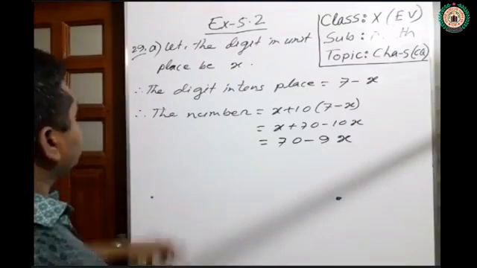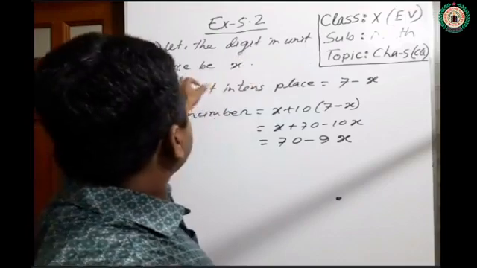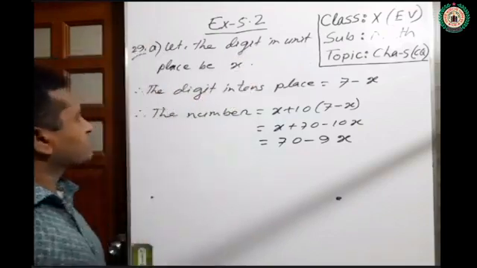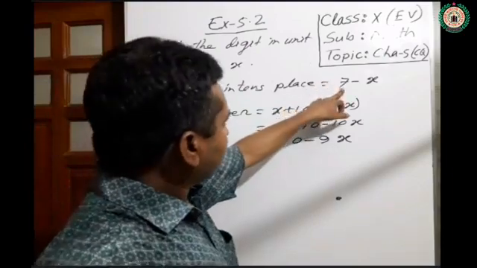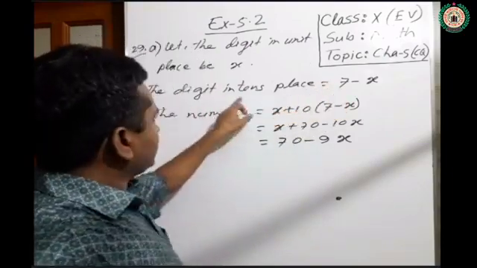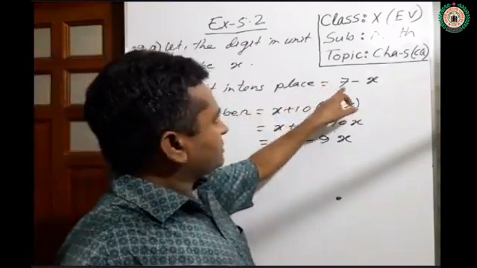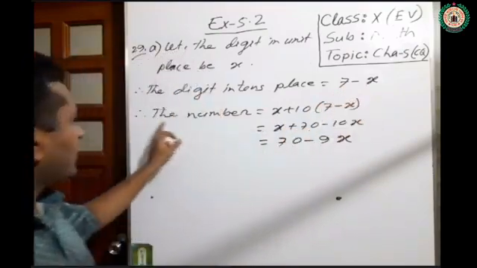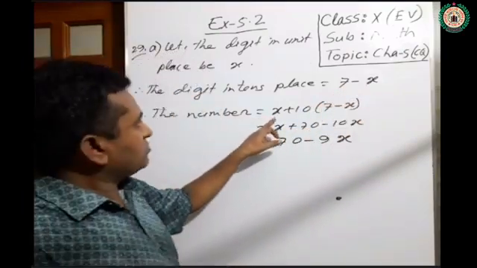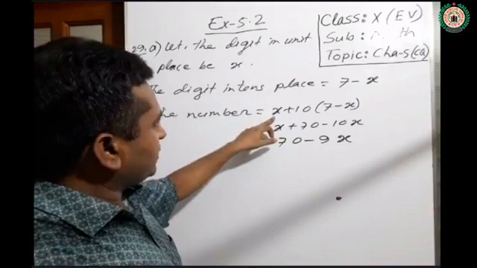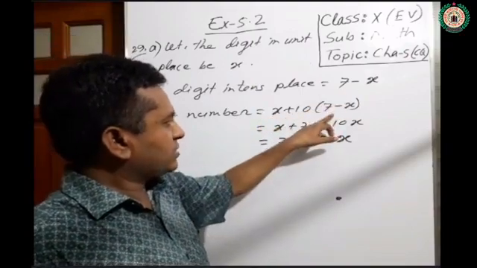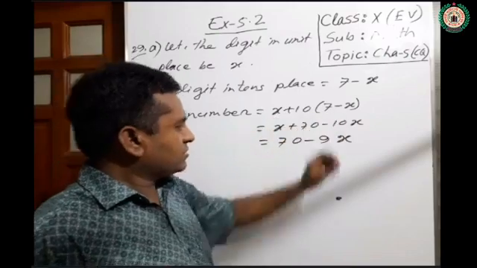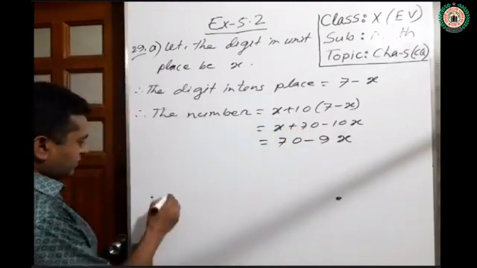Dear students, let the digit in unit place be x, and the sum of the two digits is 7. Therefore, the digit in tens place will be 7 minus x, and the number is equal to the digit in unit place x plus 10 into the digit in tens place. So how do we get it? Suppose you have a number